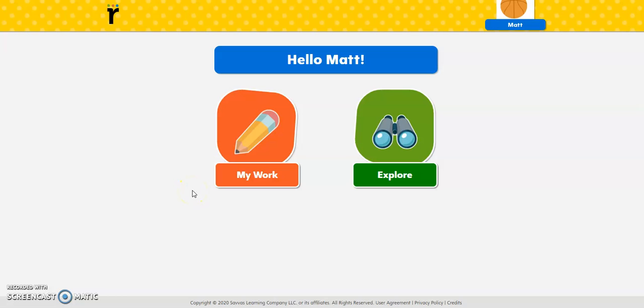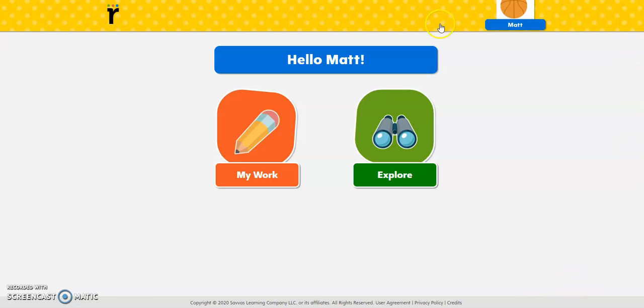Okay, so this week I assigned some interactive student edition assignments. What these are is they are copies of the pages from your math workbook, but they are interactive, meaning you can write on them right on your computer. So when you go into your Google Classroom and you see that you have an assignment and you click on it